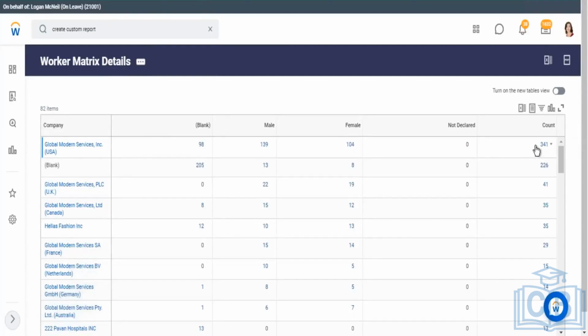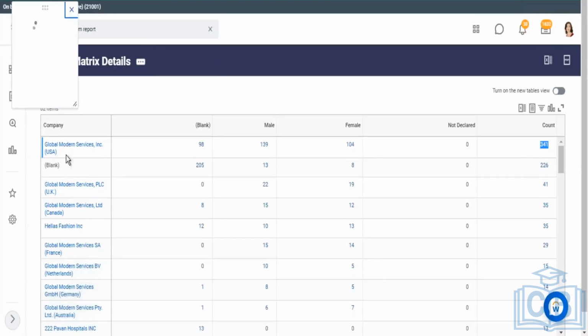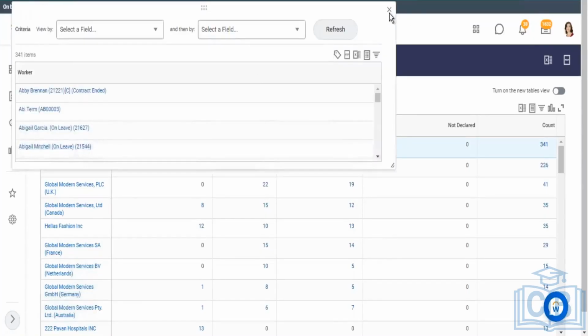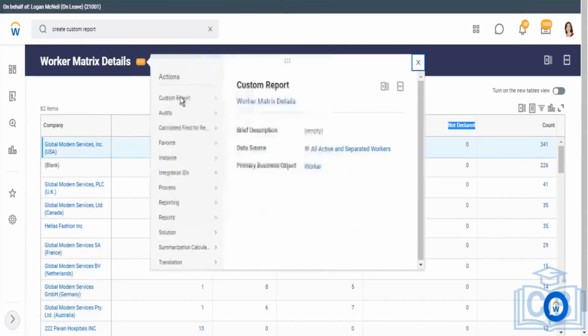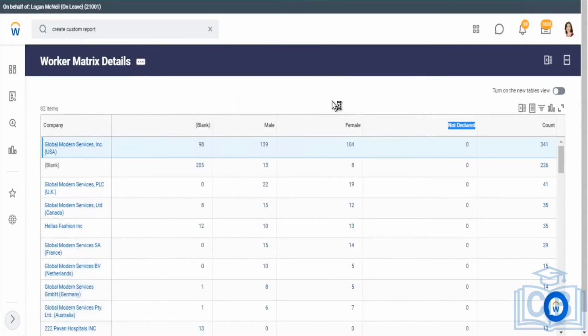If you see, it is still giving me the same record, 341 count, which is in this company. But now that count is also categorized by the column groupings. In that company, male and female. This is the column grouping. If I want, I can show some charts as well, some graphs as well. Again, if I click on edit,